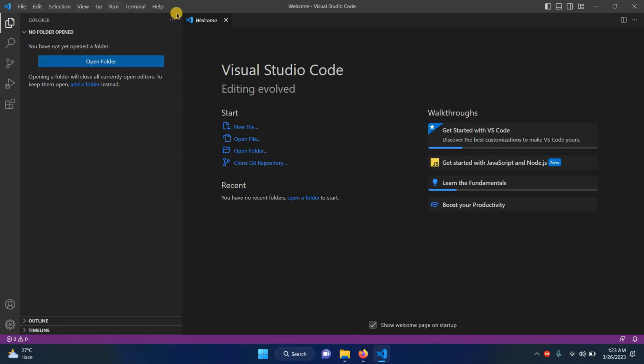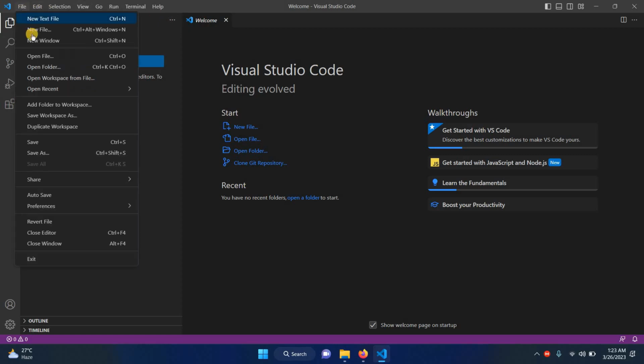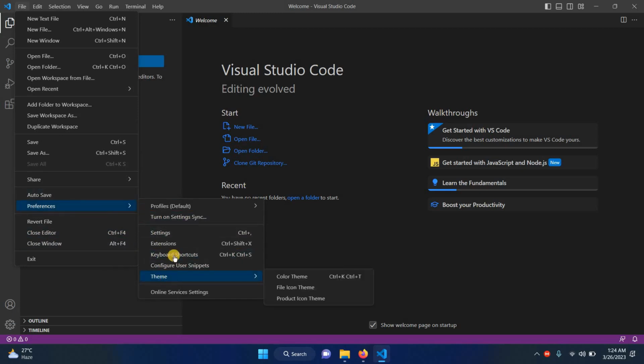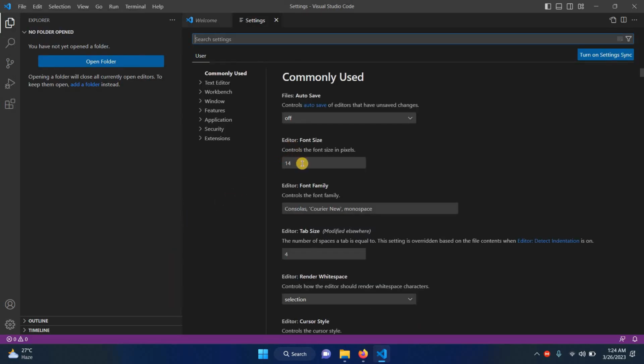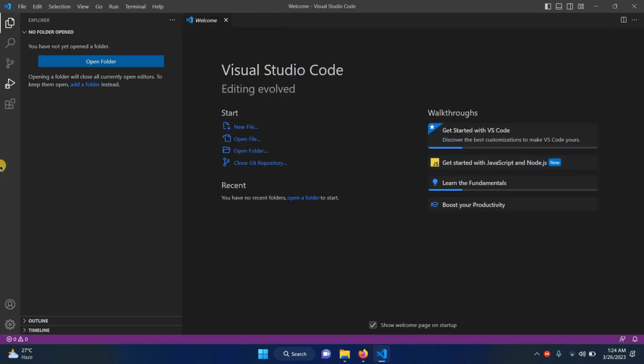Here is the menu. These are all common things: open file opens a file, open folder opens a folder, and so on. And the main important thing is preferences. And here you have settings. So if you click settings, you will be able to modify different options of the editor. For example, the font size, currently it is 14. So I'll close this, and then